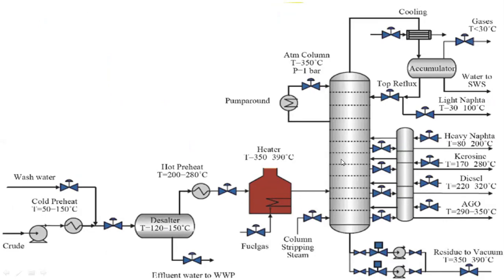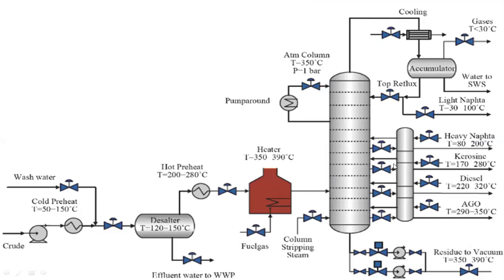Okay, so then again the process is the same. Then you also have the heat exchanger and pump-around here. And then the top vapors get cooled and collected at the accumulator, and again sent back as reflux for more refining. Otherwise, you have water, basically to condense in the accumulator at a second stage. So then you have a heavy naphtha getting collected at this stage. And again, it is sent back and collected through valves.